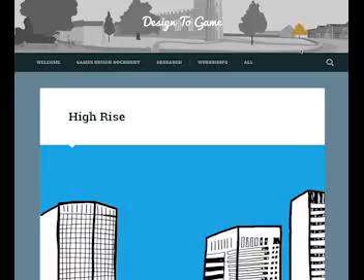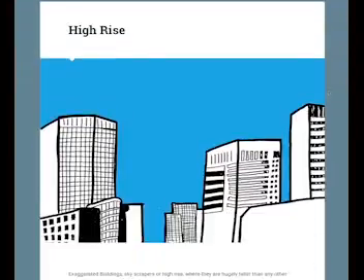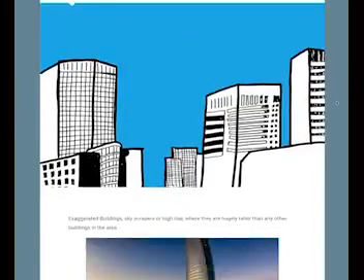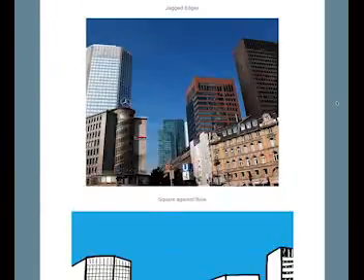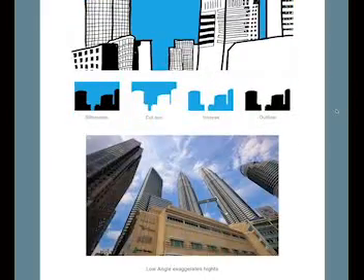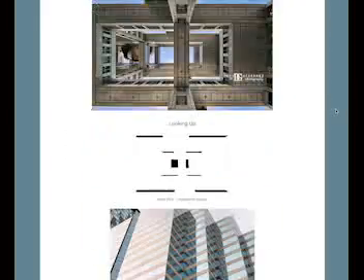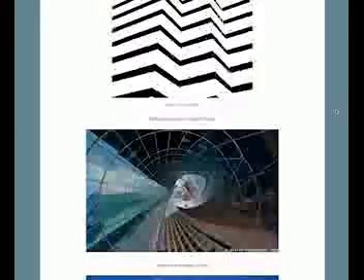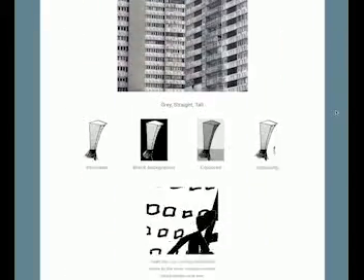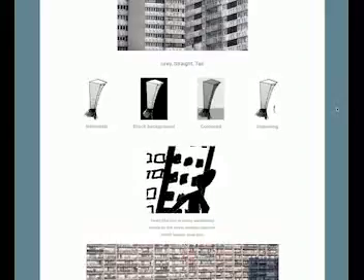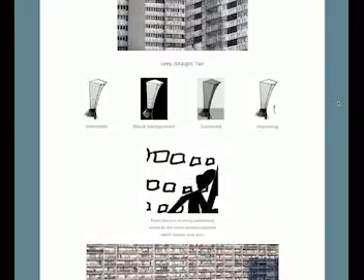I then looked at high-rise buildings because of the images I created, and that's what high-rise and skyscrapers are. They're exaggerated buildings. So I enjoyed doing some research about what they look like and the structure and the imagery, and also the feeling they gave, that when you're stood below one, you feel like you're being swallowed and they're very intimidating.